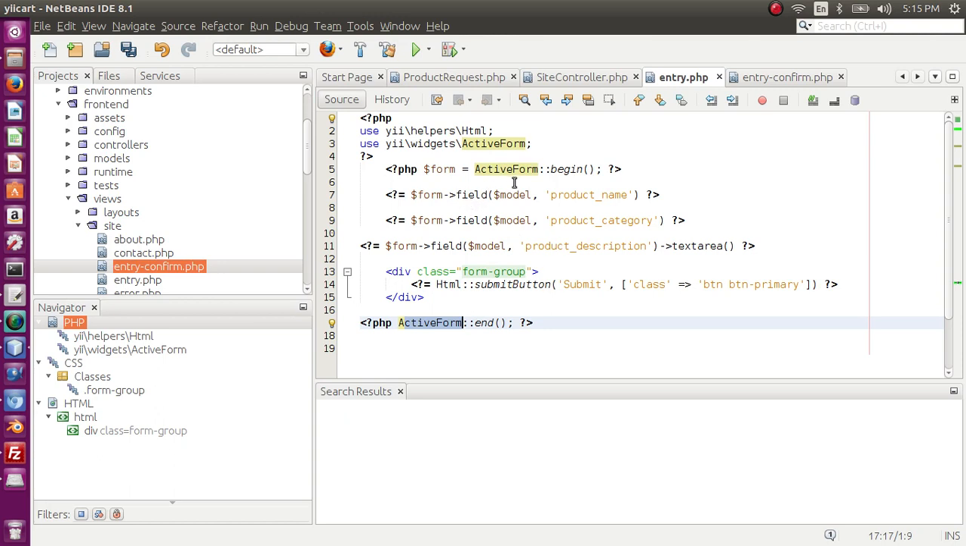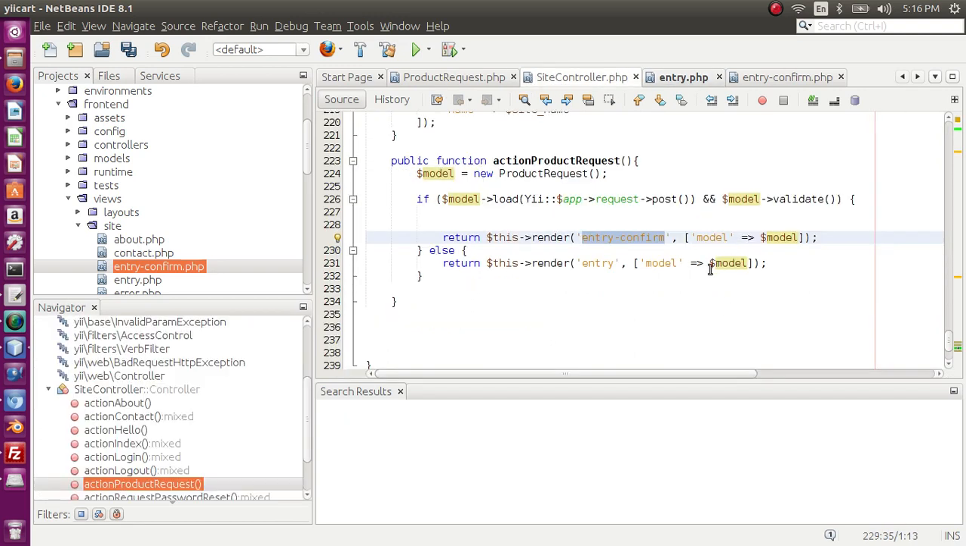Now when we are calling the field method for active form, actually we are adding form fields to our form. So what we are doing here, we are adding a field with the name of product name, and this product name is present in our product request model. So we are passing the model, that model object which has been passed to our view. Like here, this is the object that we have passed